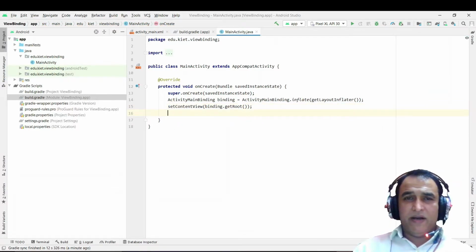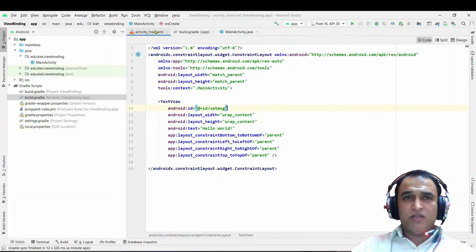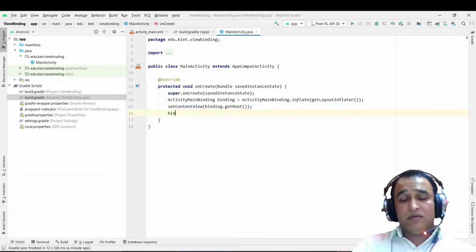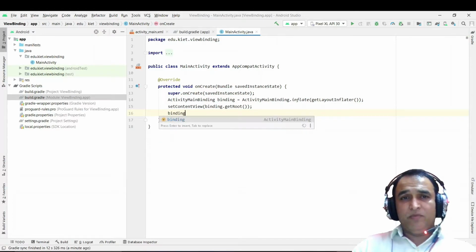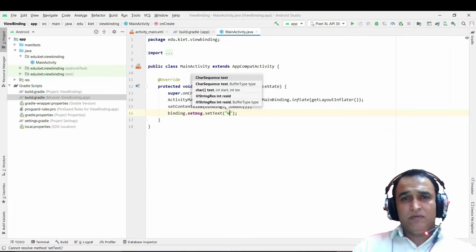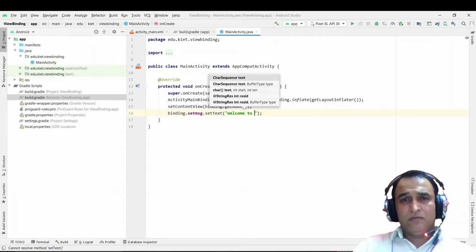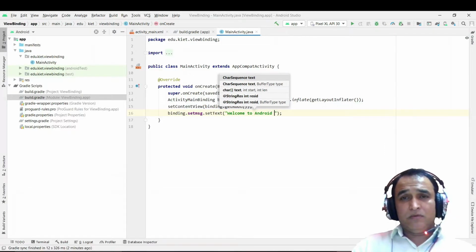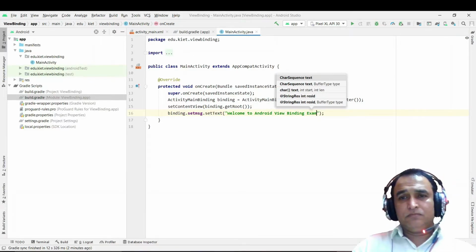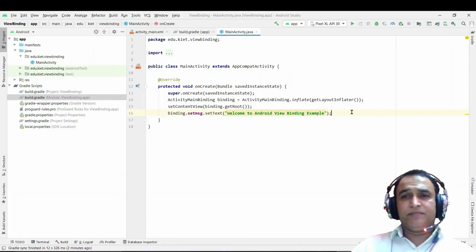Now binding is enabled. Now I want to change the text of this setMessage. So without findViewById, I am just using setMessage.setText like this, and here I just put the value: welcome to Android view binding example like this.